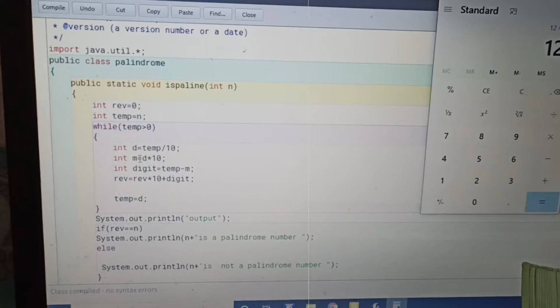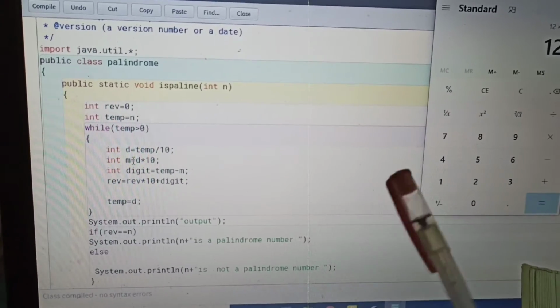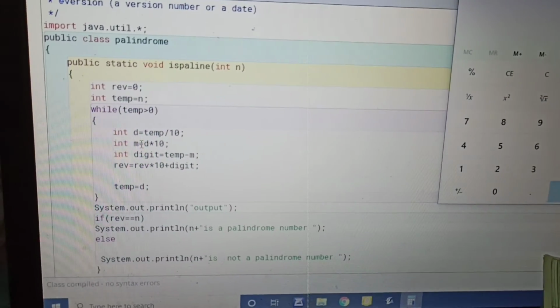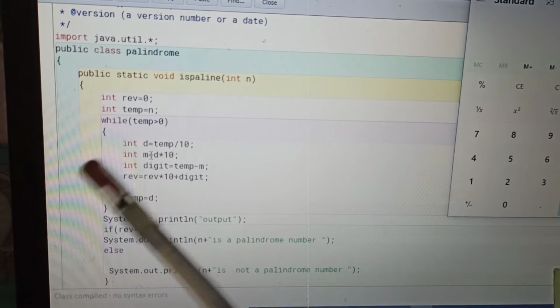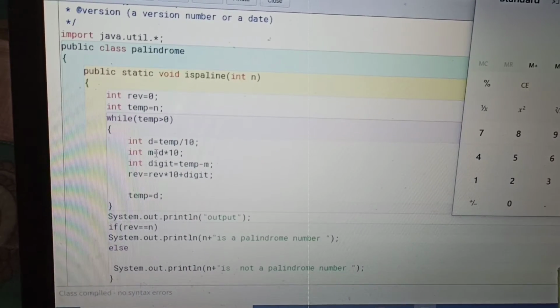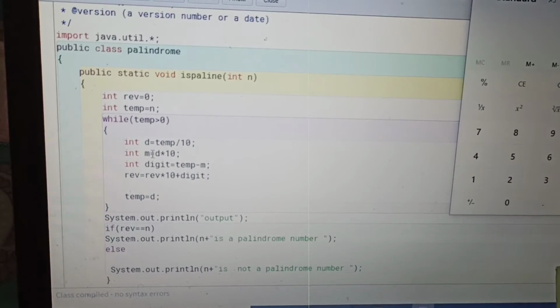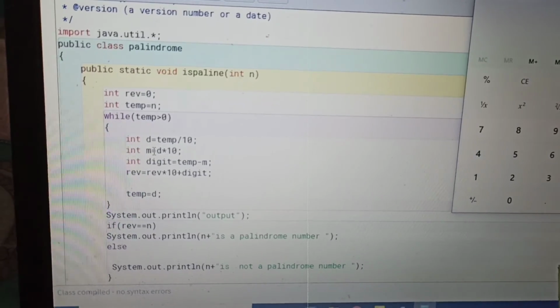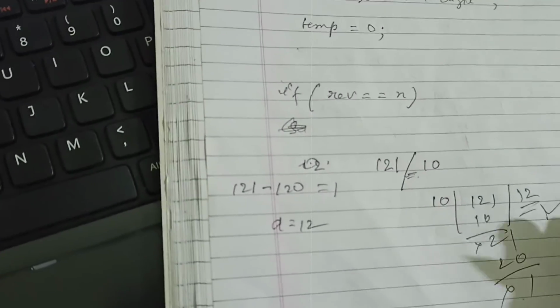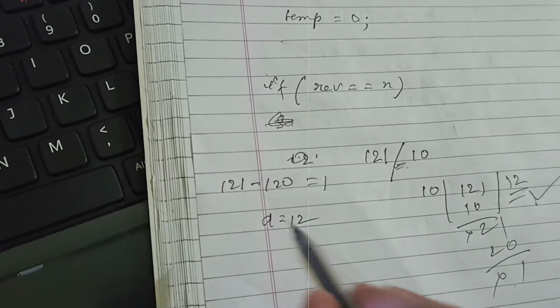Now the temp value is temp minus m. The temp value was 121, and 121 minus 120 will come to 1, and this 1 is going to be stored in the digit variable.